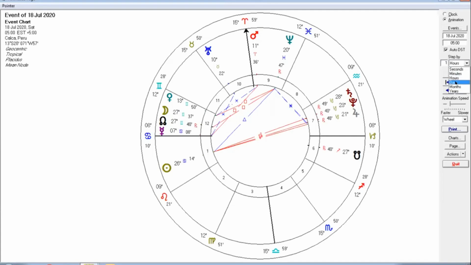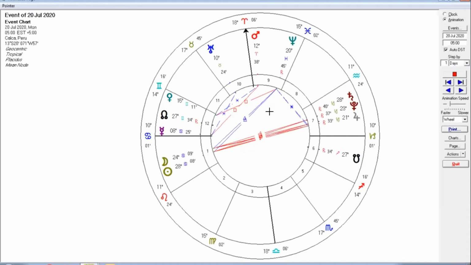So the planets in the signs move at very different speeds, and they are based on the relative speeds of either, in the moon's case, the moon's orbit of the Earth, or the other planets' orbits around the sun. So each planet will essentially go all the way through the 12 signs of the zodiac at different cycles. So the moon, what I'll do is,